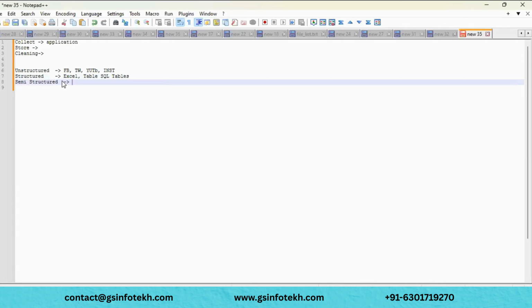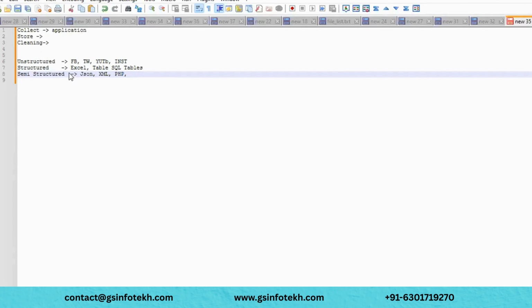And we have semi-structured data, like JSON and XML, and programming files like PHP or Java. Whenever there is some coding, those kinds of files we call semi-structured data.